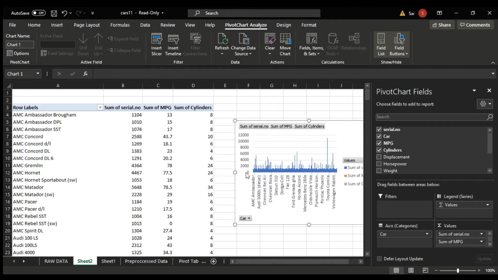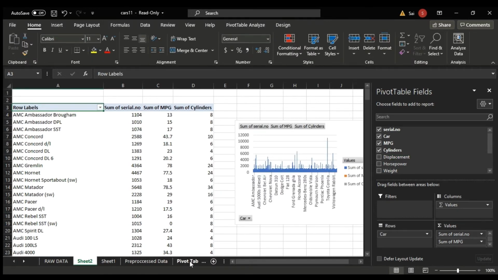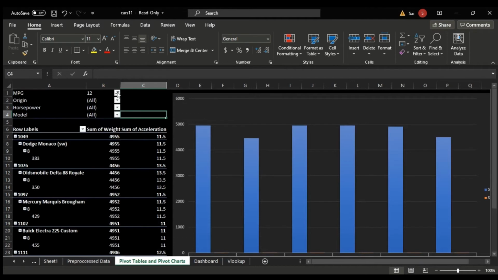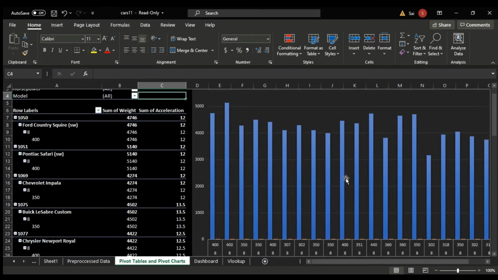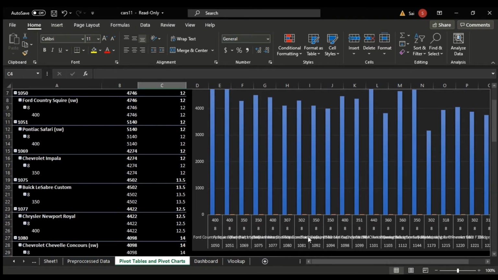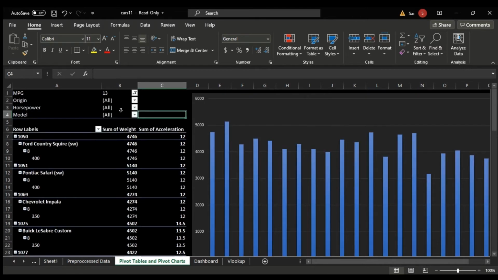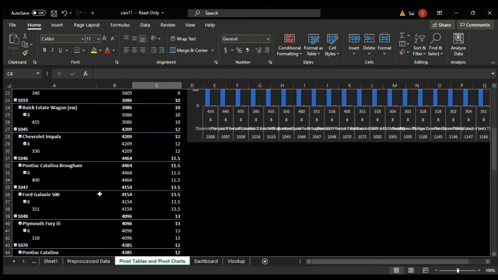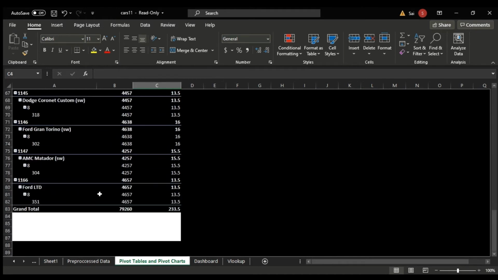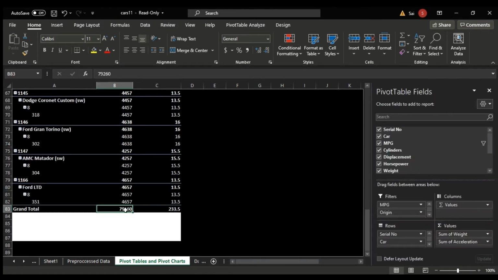This is my creation of pivot tables and pivot charts where I made some design for a look. Here at the top, MPG means miles per gallon. I have created a drop down list. This is the pivot chart and table which tells the miles per gallon, origin, horsepower, model.